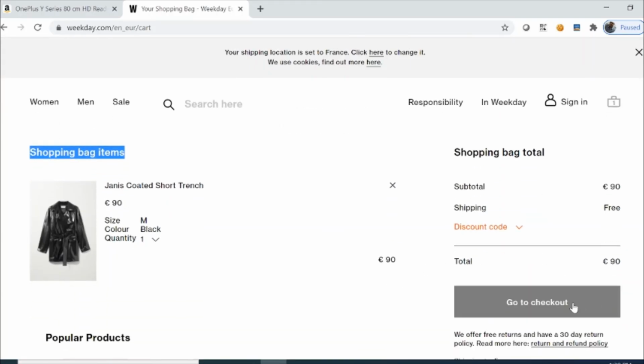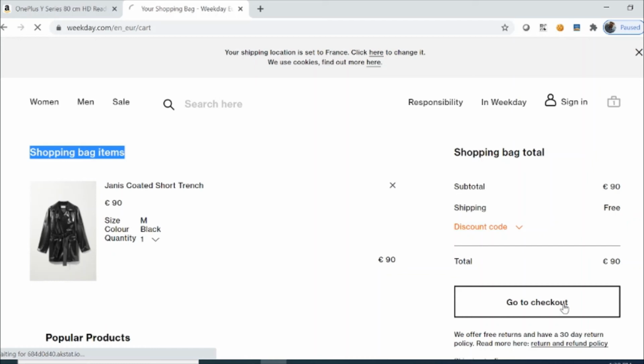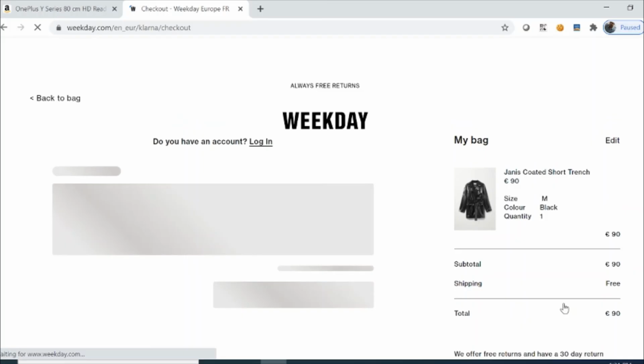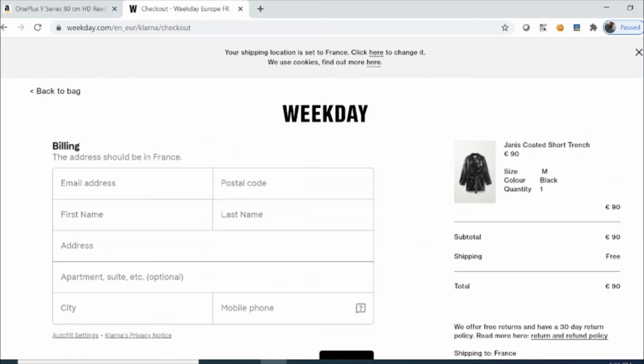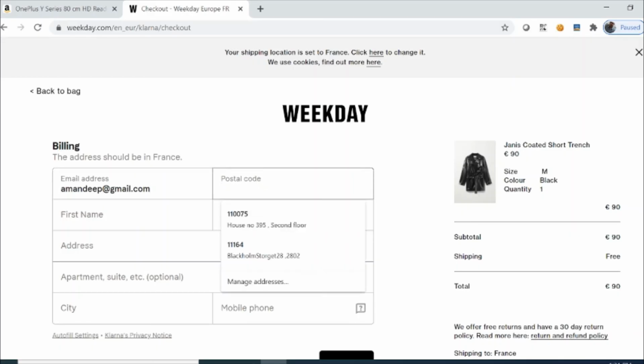So when you click on go to checkout, this functionality is already built in Hybris e-commerce suite. So when I click on go to checkout, we are going to a checkout page. So here you just enter your email address, like I am entering my email address, and I will add some zip code, but I will not fill this thing.